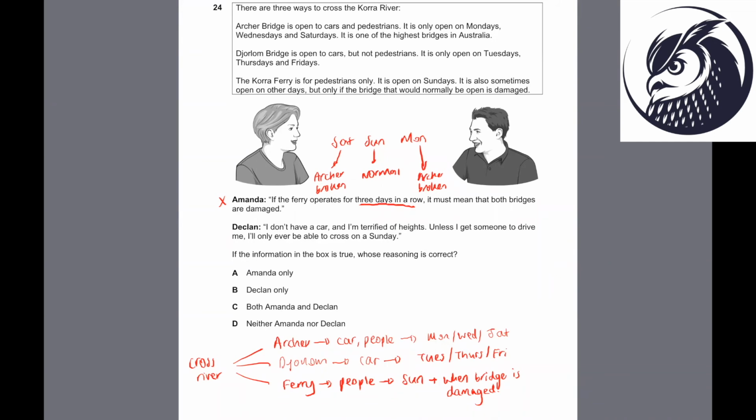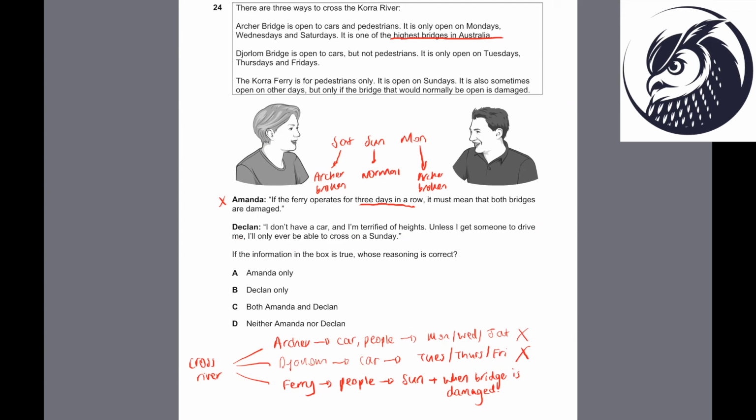Now let's look at Declan's statement. Declan says, I don't have a car and I'm terrified of heights. So he doesn't have a car means he can't go across the Jordan Bridge. Okay, so that's a no-no. So I just draw a cross here. He's really scared of heights. Remember, the Archer Bridge is one of the highest bridges in Australia, so he can't go across there. And he says, that means he must go via the ferry. And he goes on to say that unless I get someone to drive me, I'll only ever be able to